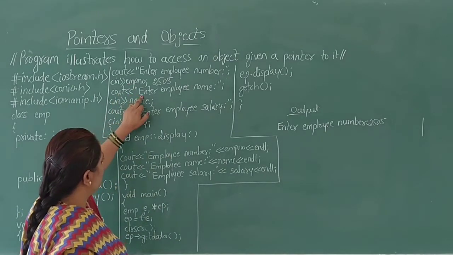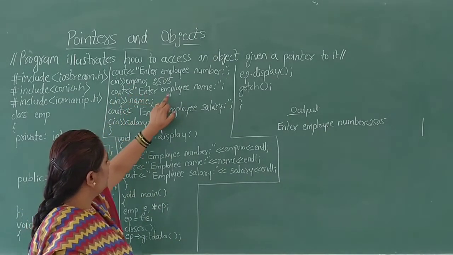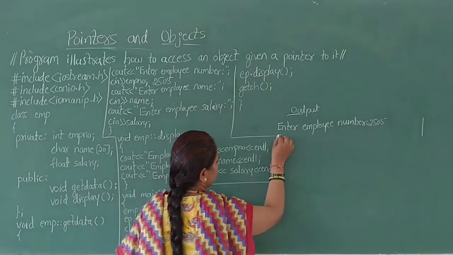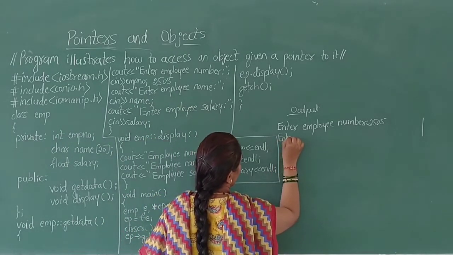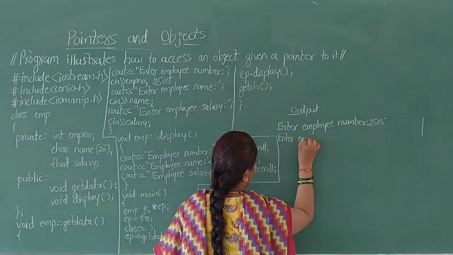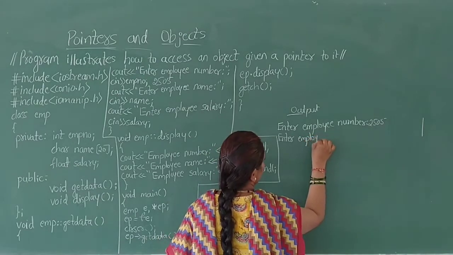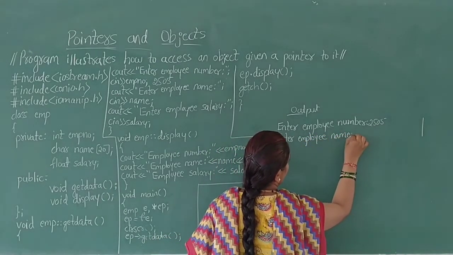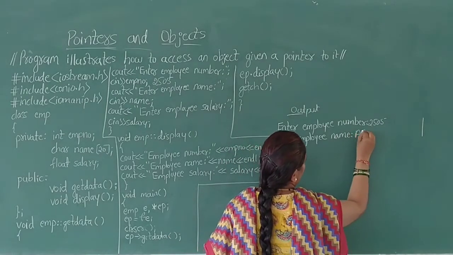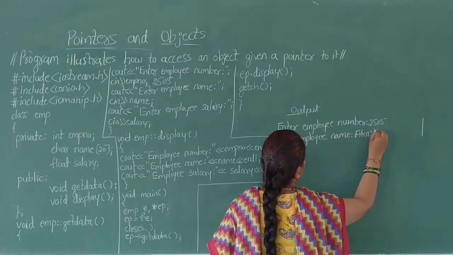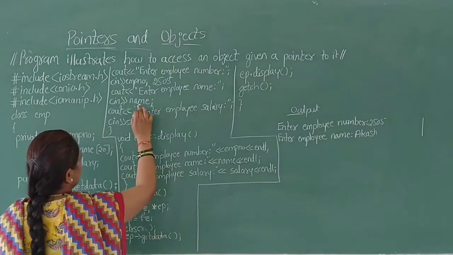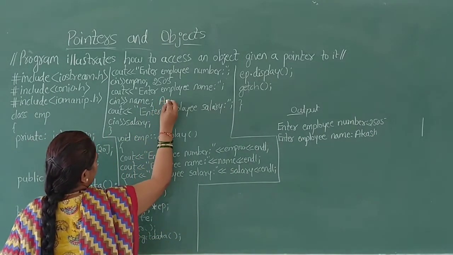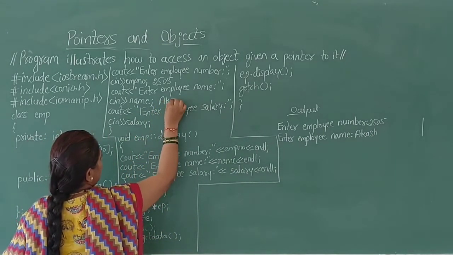Next, it executes the statement: Enter employee name. Then we enter the employee name Akash. Then the name data member value is given as Akash